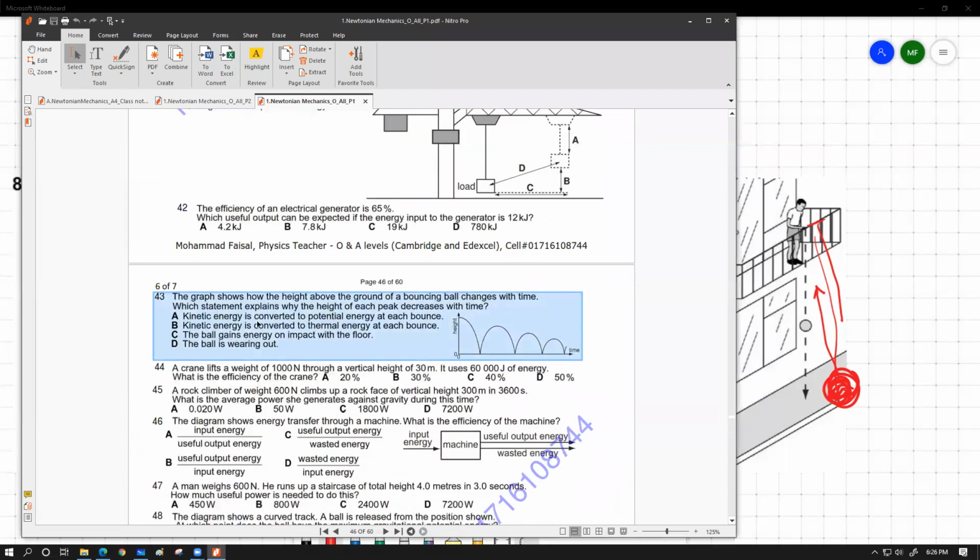The question says the graph shows how the height above the ground of a bouncing ball changes with time. Height versus time. Which statement explains why the height of each peak decreases with time? Try to understand what the peak is over here. This peak actually means the maximum height of the object. One thing that you need to understand is that